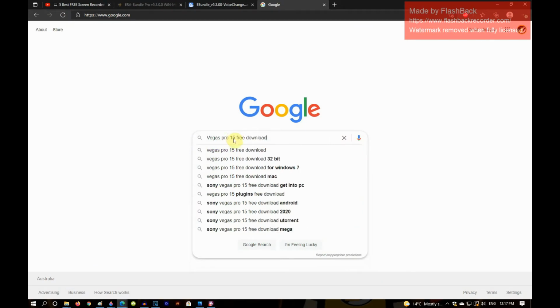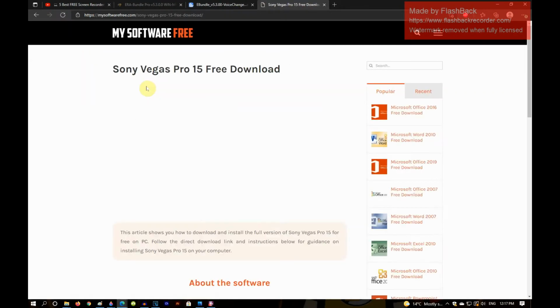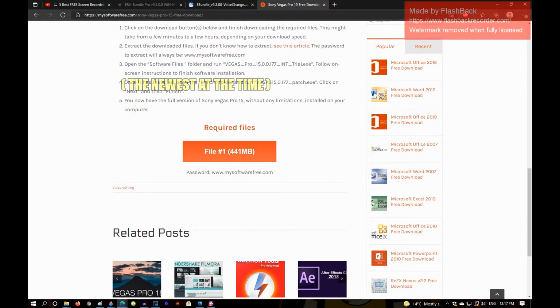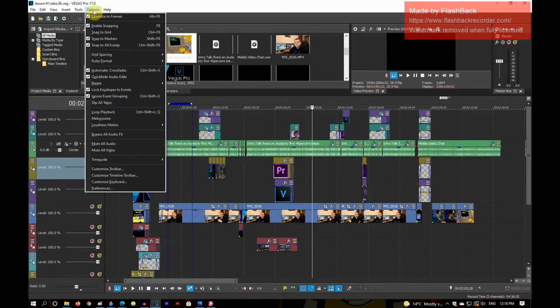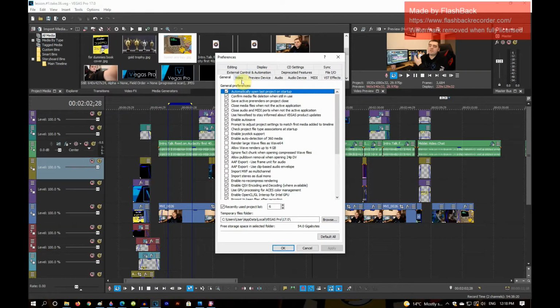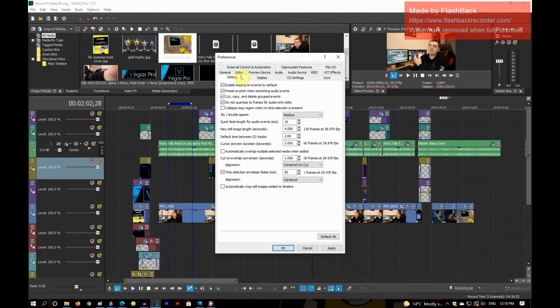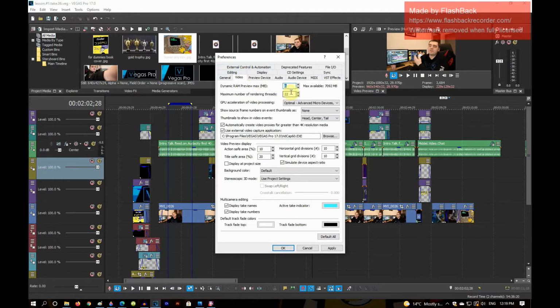I'll use Vegas Pro. I would download, say, Vegas Pro 15, and I just wouldn't be able to run it on the computer, and I'd click around through the settings like crazy, editing all the options. No matter what I clicked on, I just couldn't get the program to run smoothly.